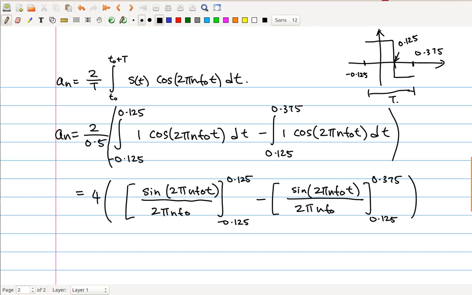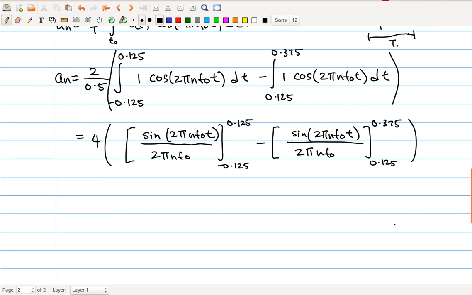Okay, close the brackets. Alright, now the rest is just algebra. So evaluating this particular definite integral, I'm going to start by factorizing everything by this denominator here, just to make life a little bit easier. Okay, and I'm going to substitute in the limits. So I'm going to plug in 0.125 into t, and what you find is this turns into sine pi